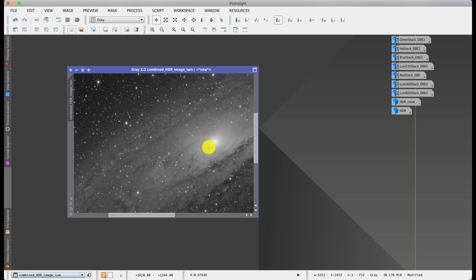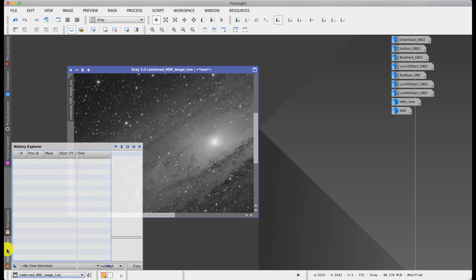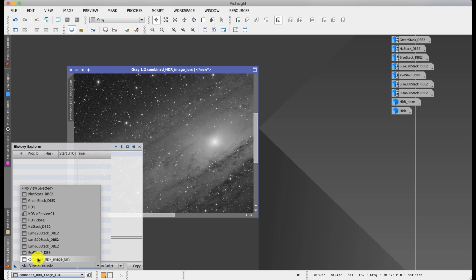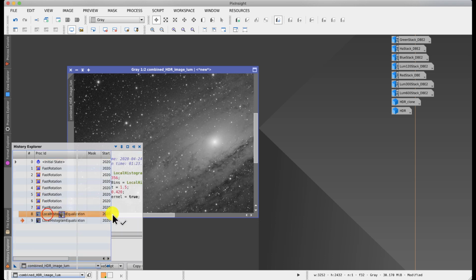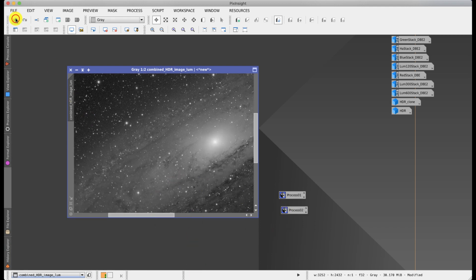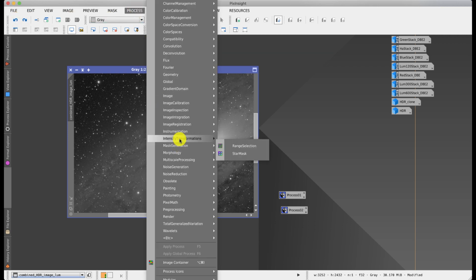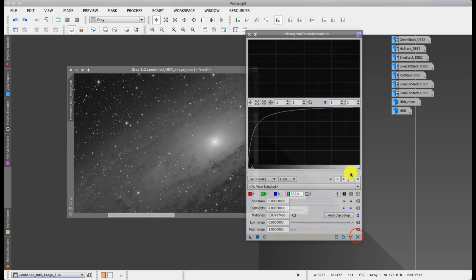And to be honest, what I should have done was, just before doing that last stretch, apply a histogram transformation that knocks it back. And let me show you a trick to save you having to do the whole thing all over again. So if I choose my image here in the history, drag out the two local histogram transformations out to here, back off twice here, and then do my histogram transformation that we did in an earlier tutorial,